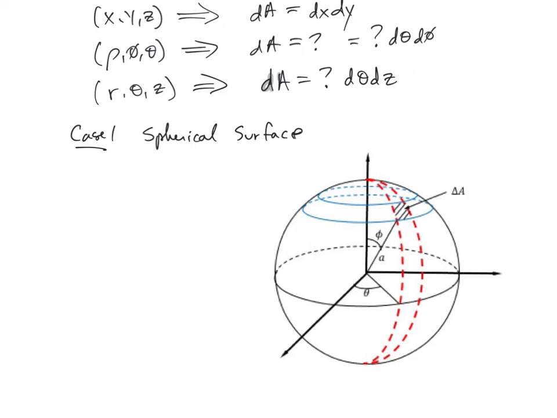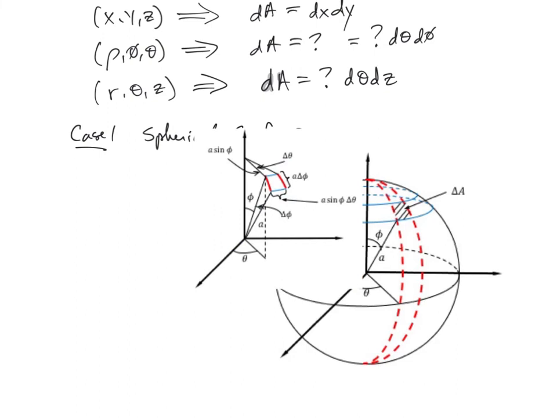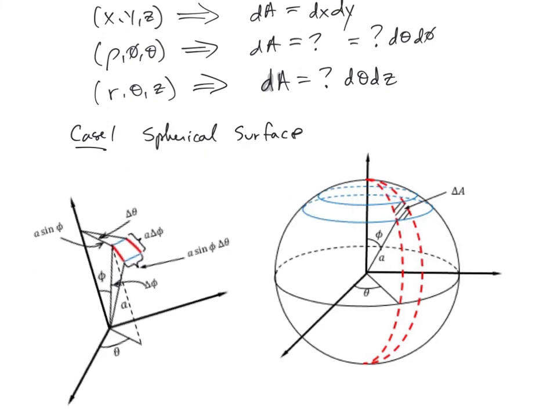Okay, well, we're going to use spherical coordinates. So you know you've got the radius. The distance of this patch from the center is the radius. The angle between the z-axis and the line that goes from the center of the sphere to this little patch is phi, and theta is this angle from polar coordinates, okay? If we zoom in on that,